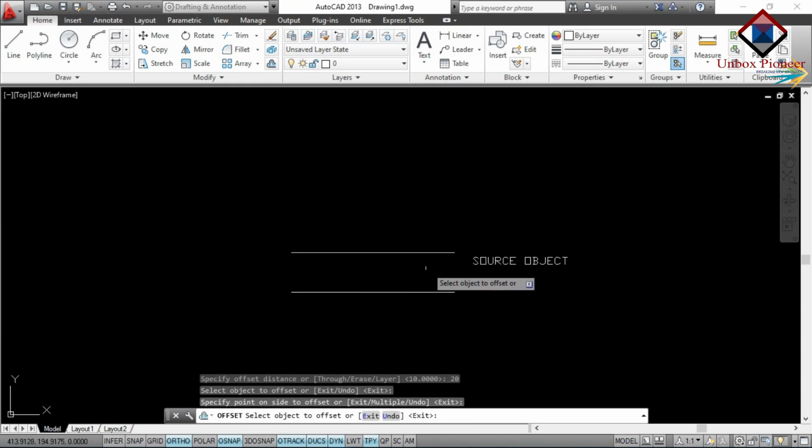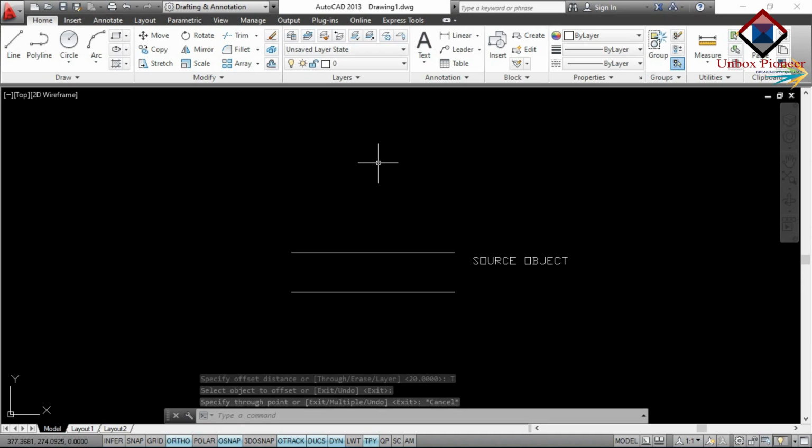So you can see our source object is not present in our workspace because we have erased it while offsetting. As we selected yes, the source object has been erased and a new object is defined in its place. Then press the ESC button to release from the offset command.